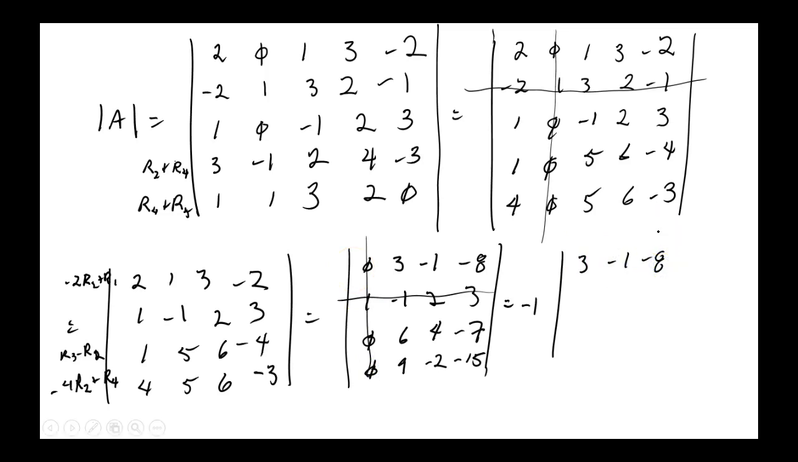Now that I'm down to a 3 by 3, I'm going to repeat the first two columns. 3, minus 1. And this will be a 6, 4, negative 7, and a 6 and a 4. And this will be a 9, negative 2, negative 15, and a 9 and negative 2. Okay, now that's not quite a determinant, but you get what I'm doing here. So it's a minus 1